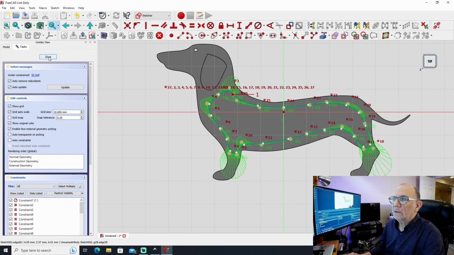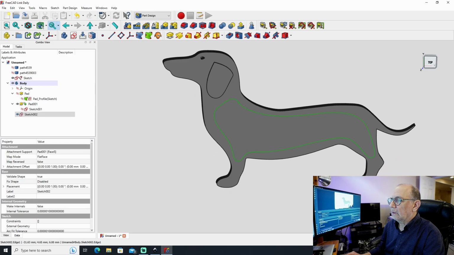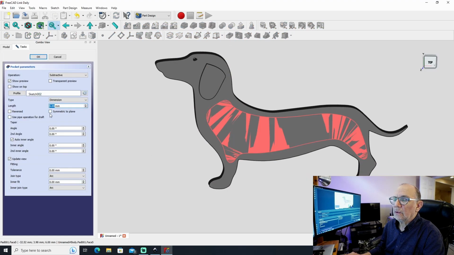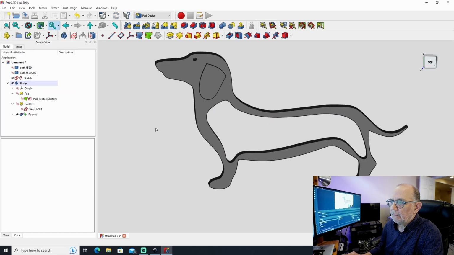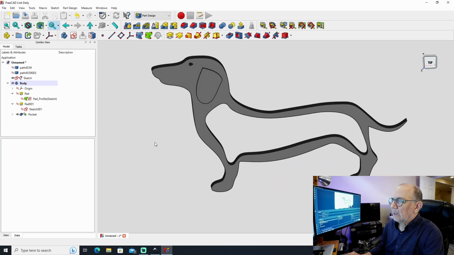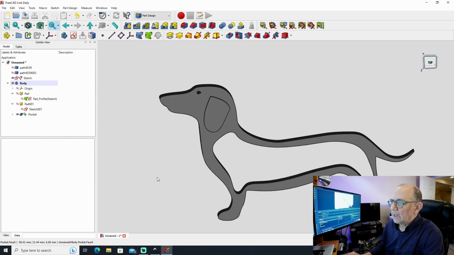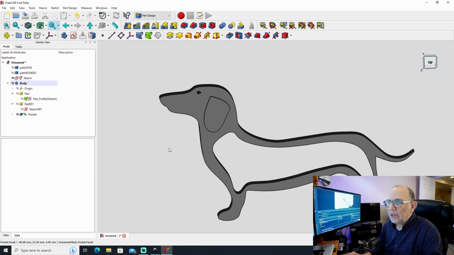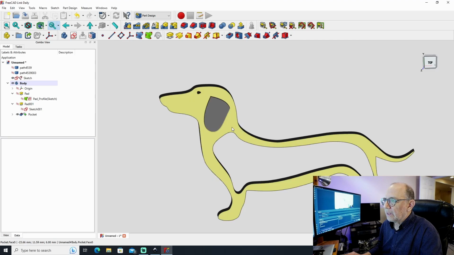So let's just go here, and we will use the pocket to make a hole, and we'll make the hole 7 millimeters. Since the padding is 6 millimeters, we want to go right through, so we'll say okay, and there we have it, an interesting looking doggy. And I'm going to do the same thing around the nose, and we can actually, if we want, use it as a keychain by putting a little hole here, and we can hook a ring through that, which we can hang our key on. So again, I'm going to make another sketch,